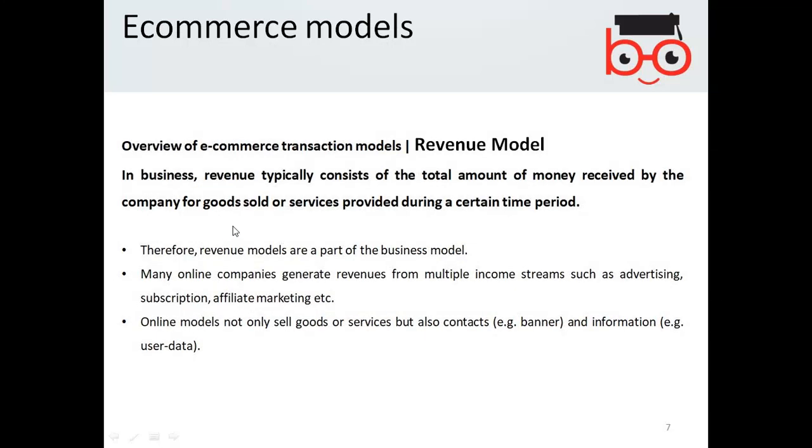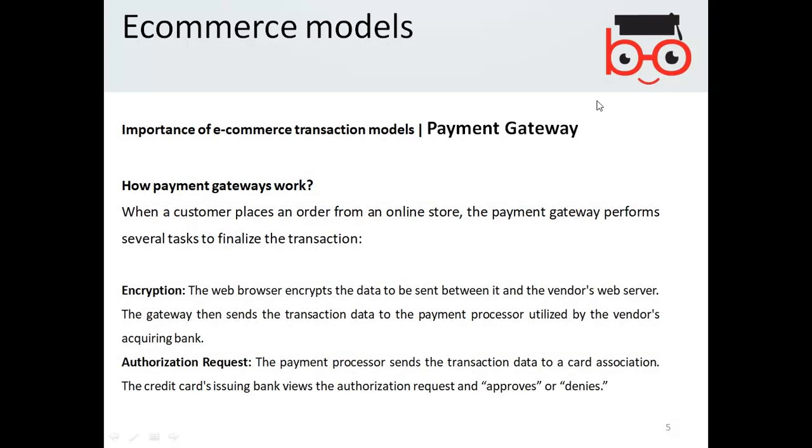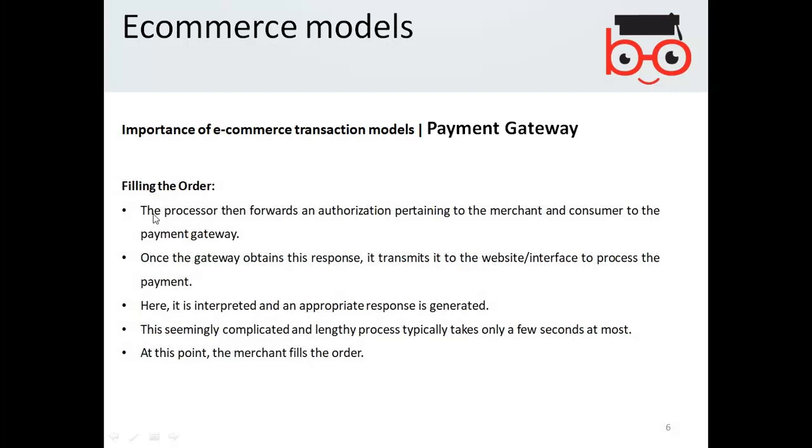So that is the part of the payment gateway that needs to authorize the payment, and then the order will be fulfilled. Without the authorization of the payment via the gateway, obviously the order will not go through.